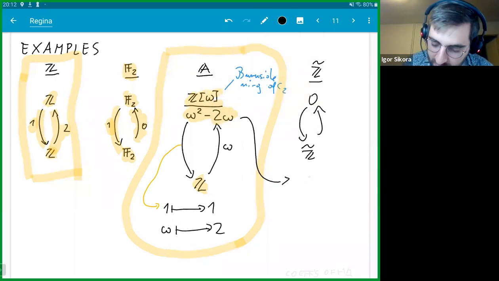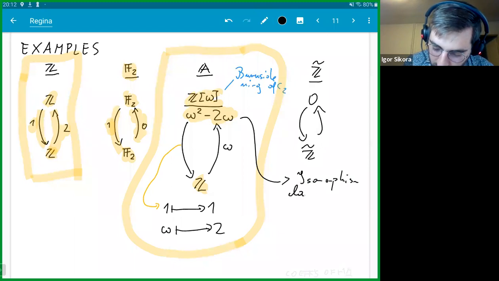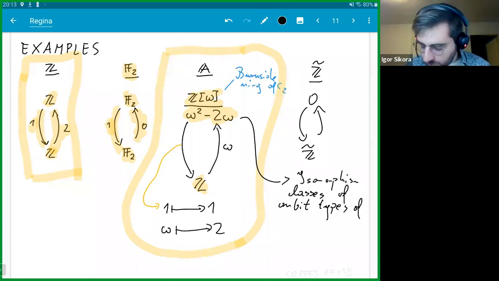For the Burnside ring, what we are taking is isomorphism classes of orbit types of, in general, a group G, but in our case it will be C2, and it is a ring under